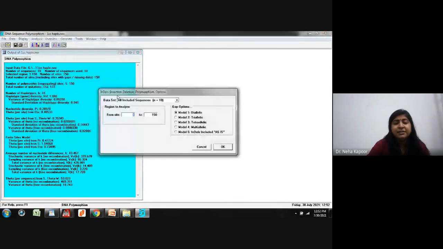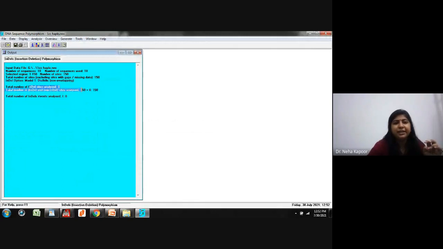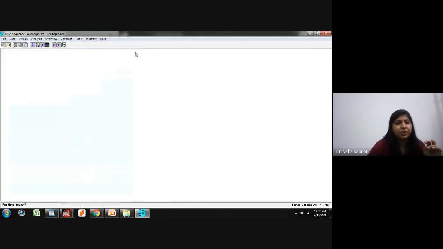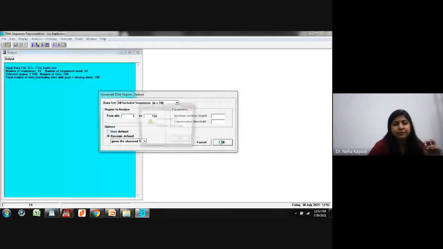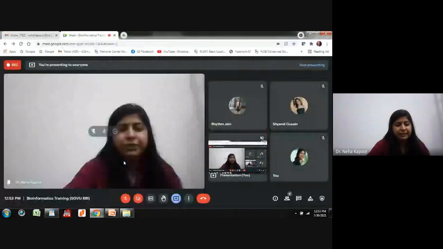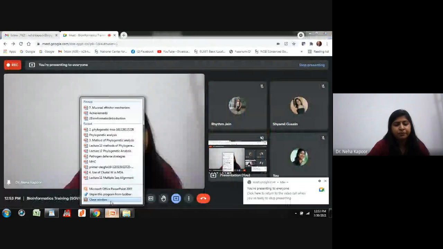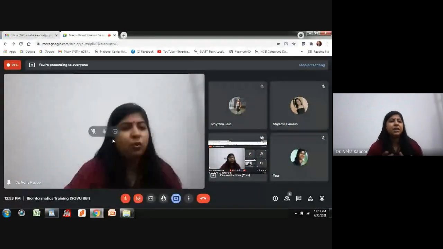This is the insertion and deletion testing, that what model I want to use. Depending upon that, you can see there are no insertion or deletions that have been analyzed. Closing it. Similarly, if you want to see conserved regions, you can ascertain that also. So this was all about your DNA analysis that you can perform. I hope these concepts are clear to you.